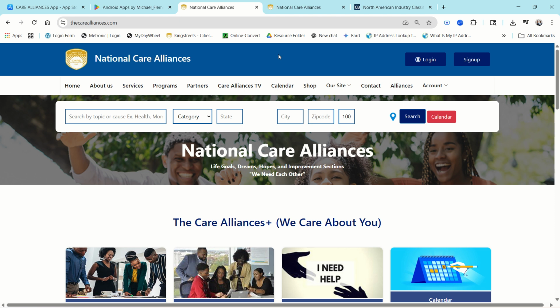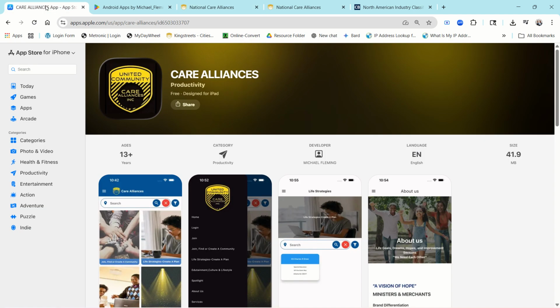The National Care Alliance is built and designed to help improve every area of life and society, and it is built for everyone. What you're seeing on the screen right now is the National Care Alliance website application. But I also want to show you that you can download the app in both